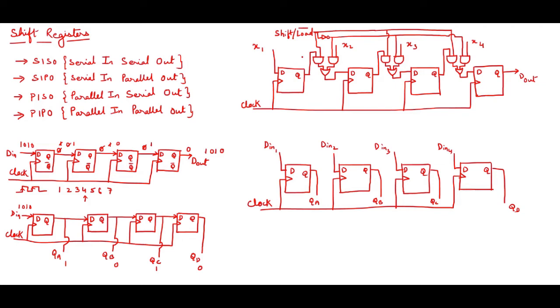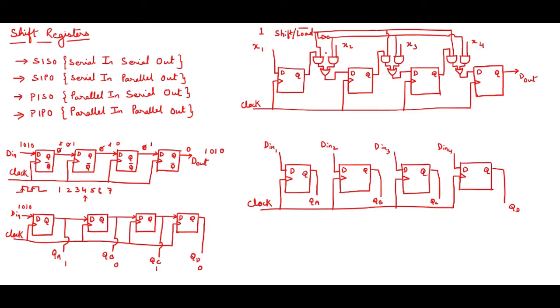Okay, so you can see over here there are small circuits available to give the data in. In the first case I am taking x1 directly to the D, x2 is coming through a particular circuit. So what is the circuit? You can see it is written shift and load bar. When I'm giving shift as 1, the data from the flip-flop will shift and come out over here. But the moment I give this as 0, data from outside will load. Parallelly, the data will come into the register.